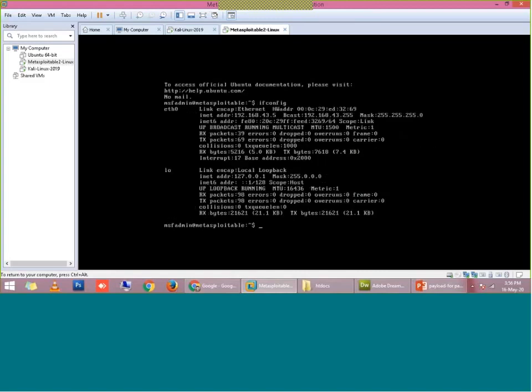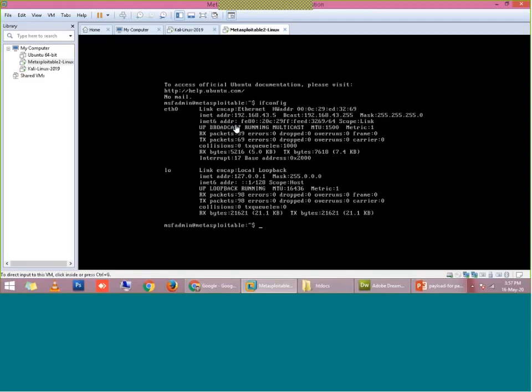You can see here the IP address allocated to Metasploitable is 192.168.43.5, right? So it is on the same network. My physical machine has the IP address 43.3, Kali has 43.7, and Metasploitable has 43.5. So all these machines are on the same network, right?